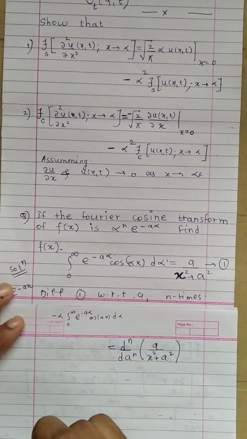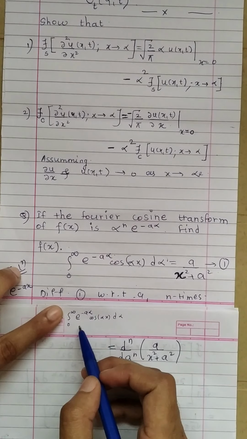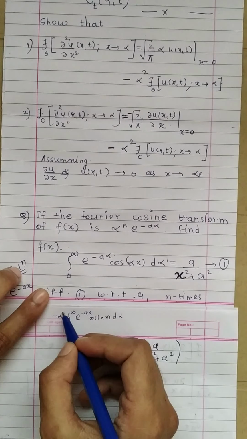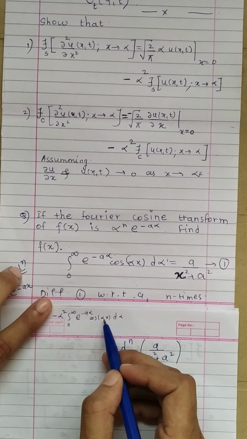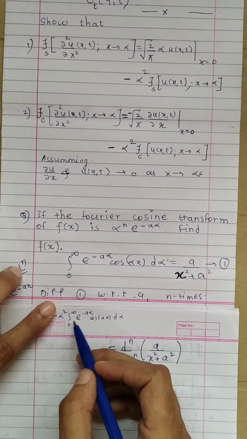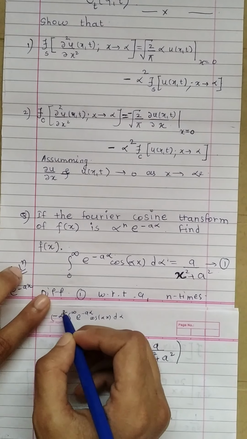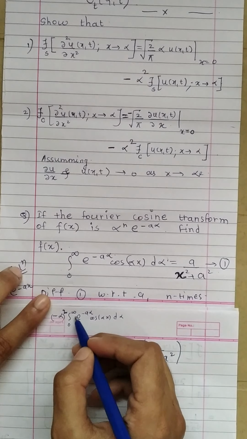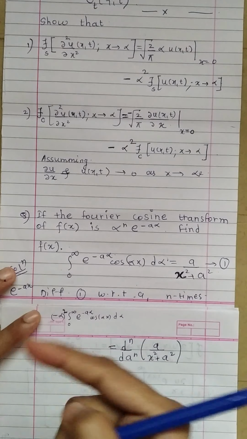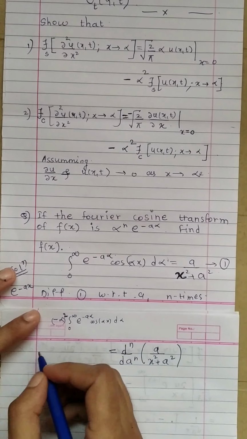When I take the second derivative with respect to a, it will be e raised to minus a alpha into alpha cos of alpha x d alpha, again with the minus sign. So minus alpha the whole square. When I take the third time, fourth time, what will be the nth derivative? If I differentiate this expression n times, what we will get is